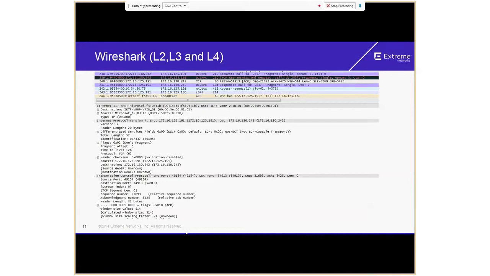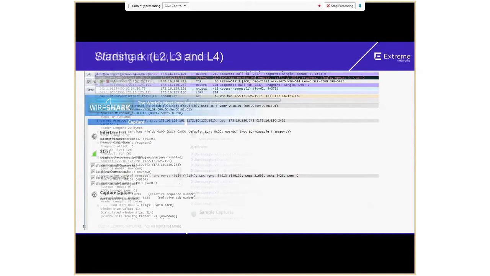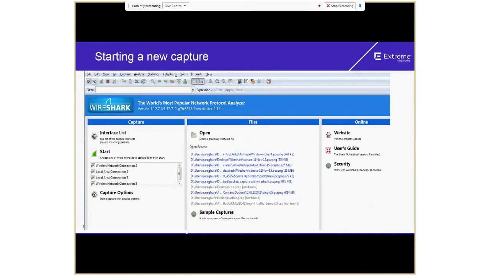So unfortunately, I can't go through what each header information is available, so I can't cover all that. So once you've downloaded Wireshark and once you start, this is where you will start capture.